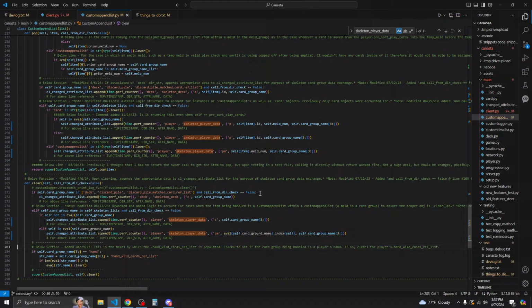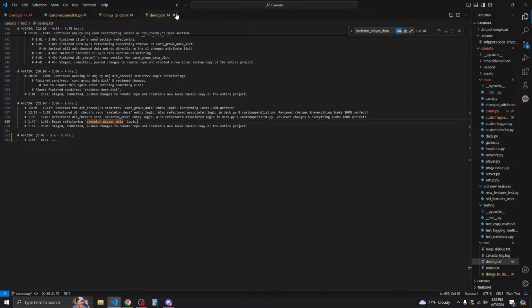Okay, cool. So we did that. We can go to devlog. We'll put from 145 to, well, anyway, finished refactoring all instances of skeleton player data digged in CalPy, reviewed all changes and everything looks 100% good.